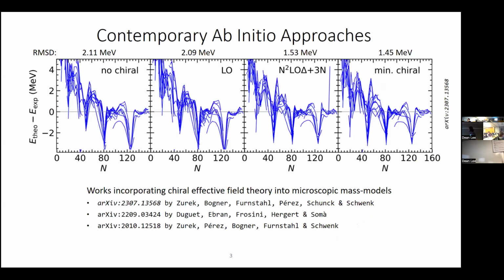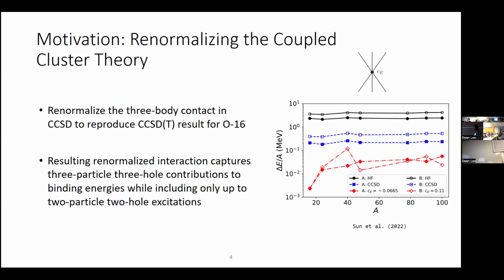Here I list a few, and show in particular the work by Zurich and co-authors, where they take their density functionals and supplement them with contributions from chiral effective field theory. And in particular, they report that they find significant improvements after going to next to leading order, including delta and three-nucleon forces. Right. So one additional piece of motivation for this work was the observation by Zhonghao Sun and